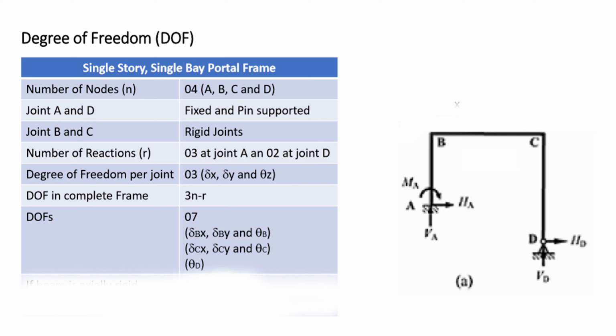So the degree of freedom comes out to be 7, as we have reactive forces in the x direction, in the y direction, and also a moment at A, so we don't have any degree of freedom at A. As we have no reactive forces at B and C, B and C can be displaced in x, y, and can be rotated. And we have Fx and Fy at D, so D can only rotate. So in this way we can calculate the degree of freedom in trusses and in frames.